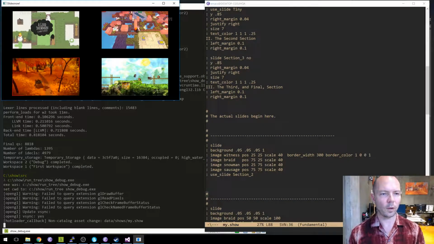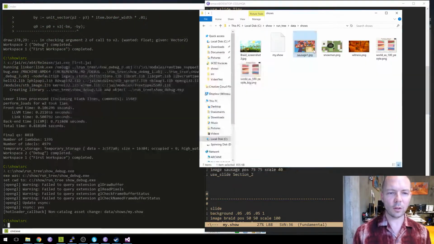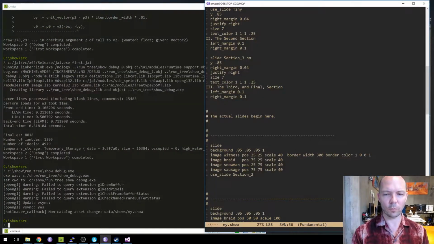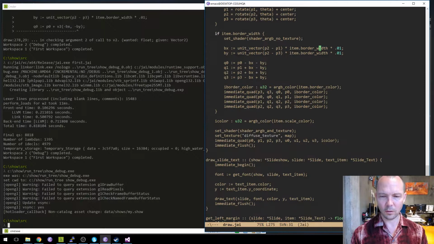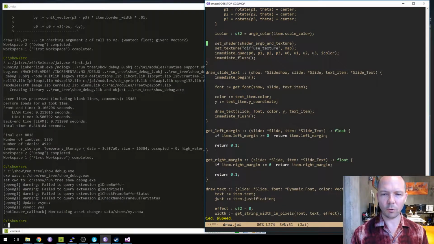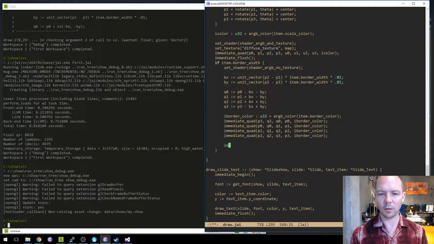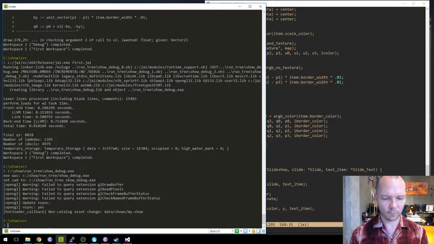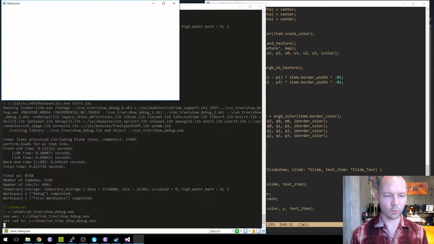And down here, I was drawing the border first, but let's draw it second so that I can see how I goofed.